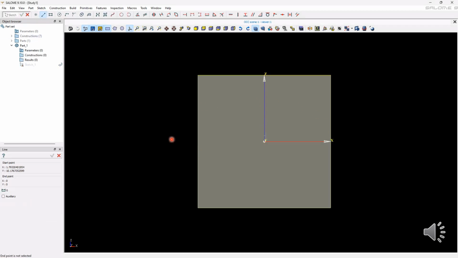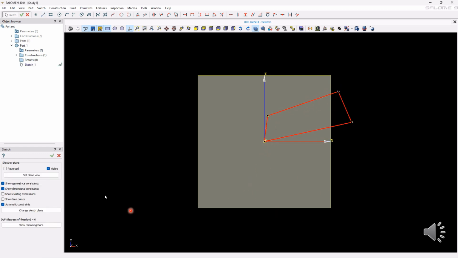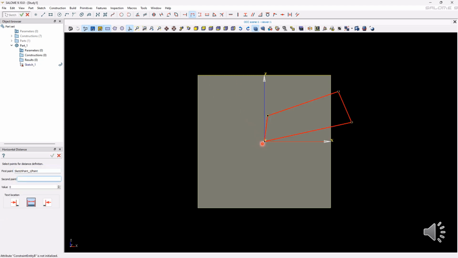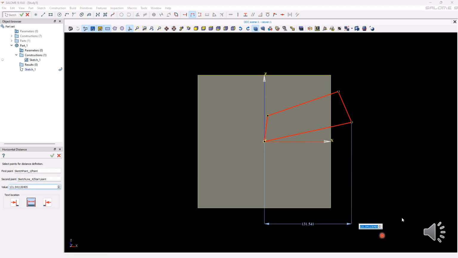So now we can create a sketch. So here I'll select the line, and here I'll draw a shape. So you can see we have degrees of freedom 6. So we need to get degrees of freedom 0. So for that I will select horizontal distance and set horizontal distance for this line. So here I'll set the horizontal distance to 127 and click the apply button,